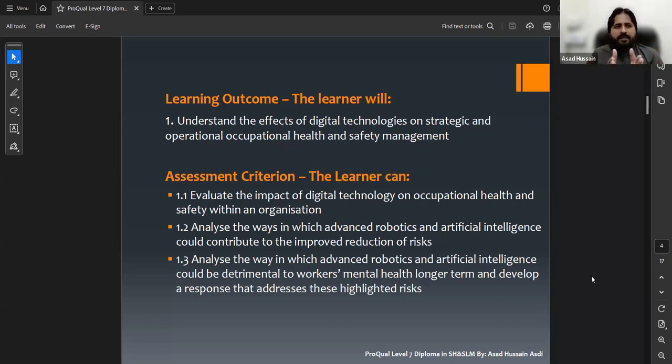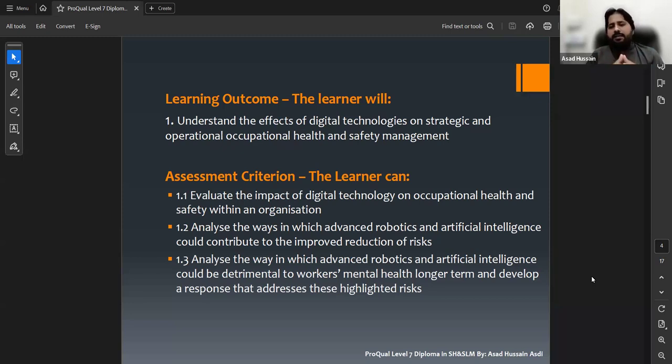But when it comes to the evidences, learners or candidates are facing an issue in providing the evidences with regard to this. So do remember, the ProQual Level 7 diploma is an RQF qualification. So it's better to provide